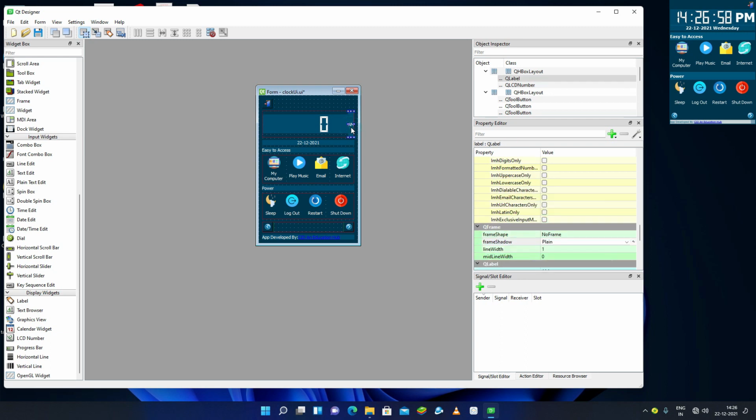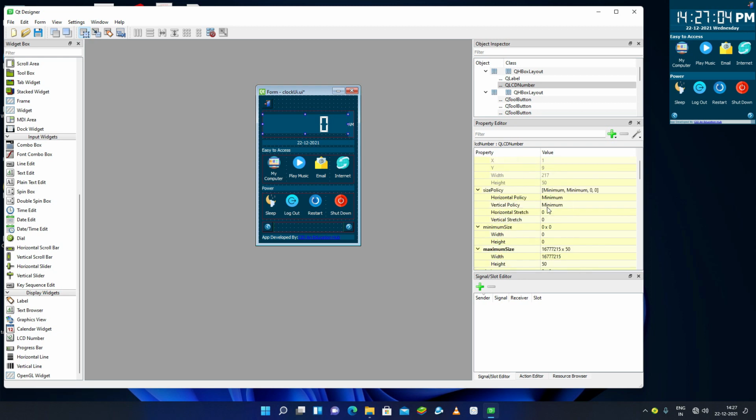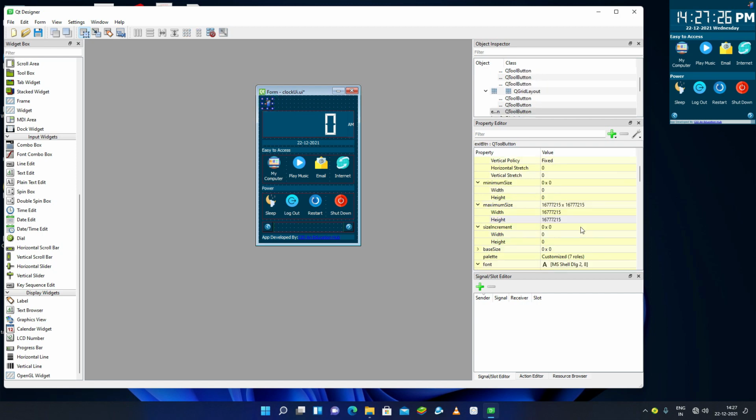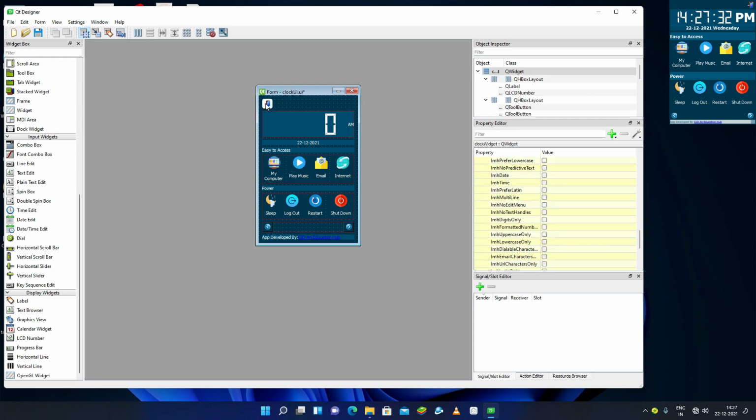As the size of this is smaller, I can remove this and change it to this. So this will be now filled. I can also resize this, but we will do that later. Now we can select this one and come down here and select auto raise. So it is now also auto raise, and it should be on the right side, right? But we'll do it with backend code.